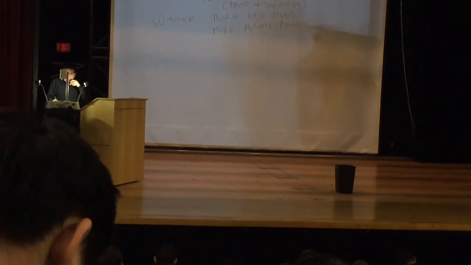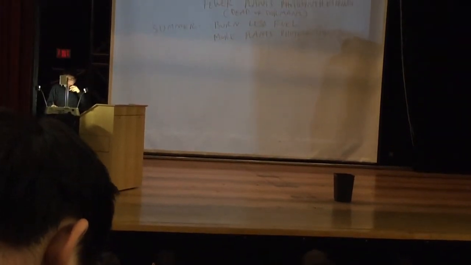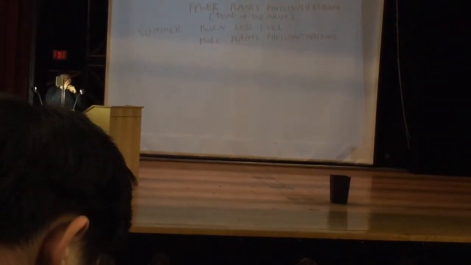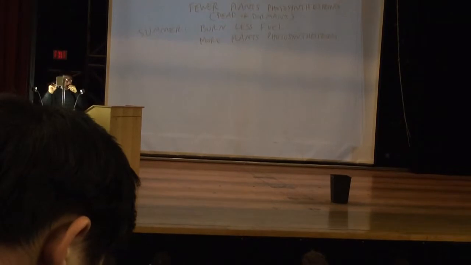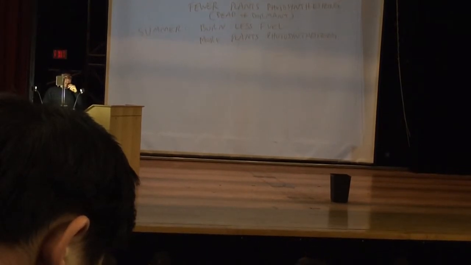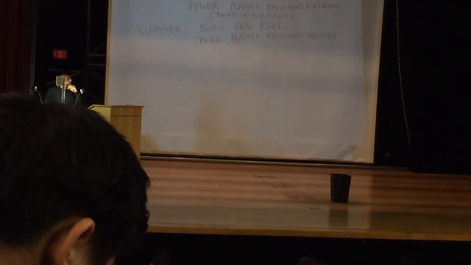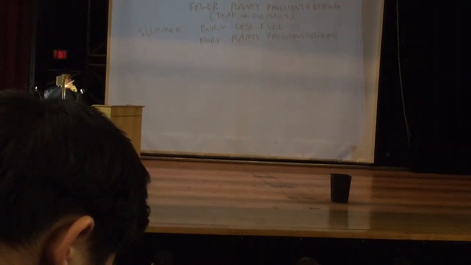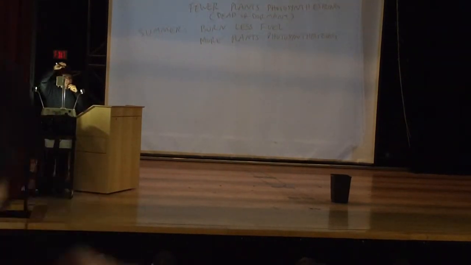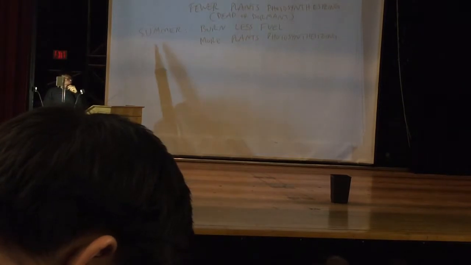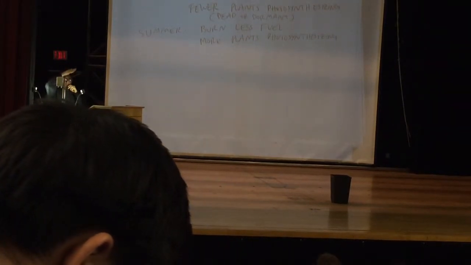You have longer days, lots of sunlight, warmer temperatures, all conducive to higher rates of photosynthesis, which means you take out CO2 from the atmosphere, the concentration goes down. And you get the maximum at the end of the winter because all through the winter, the CO2 has been building up. And then the minimum at the end of the summer, because all through the summer CO2 has been